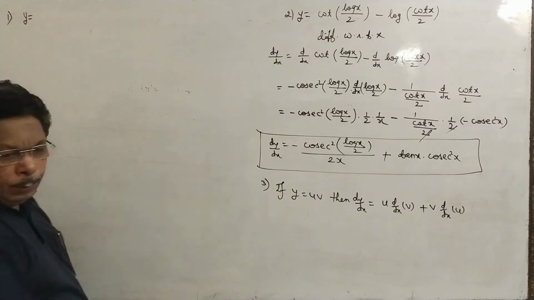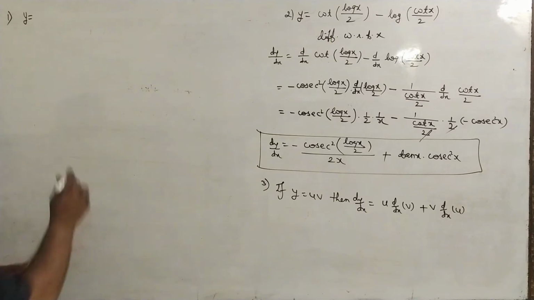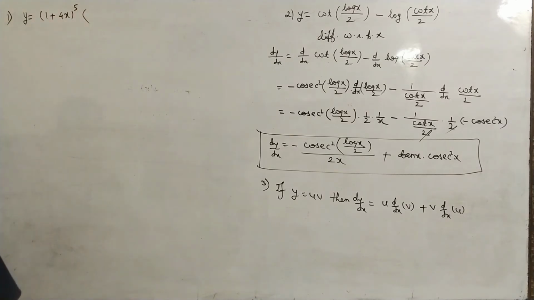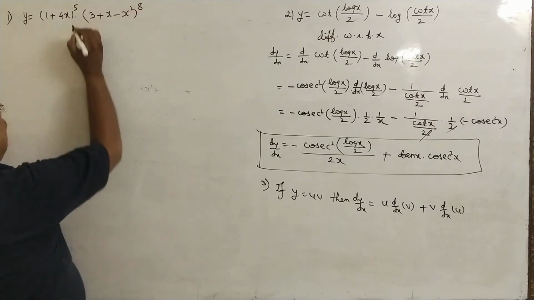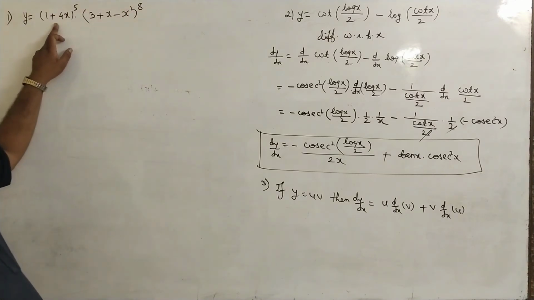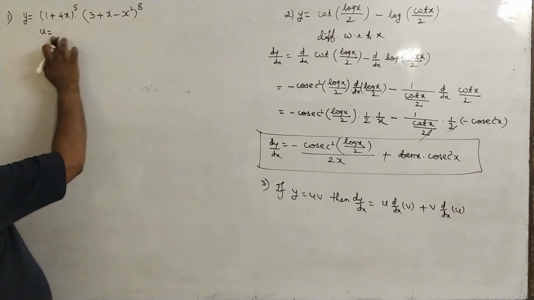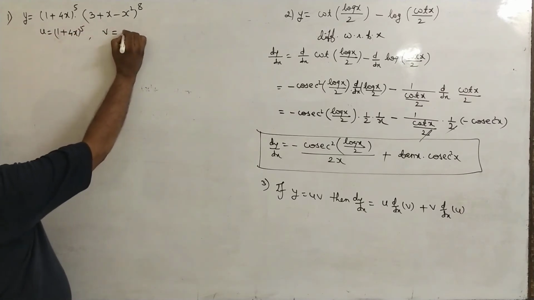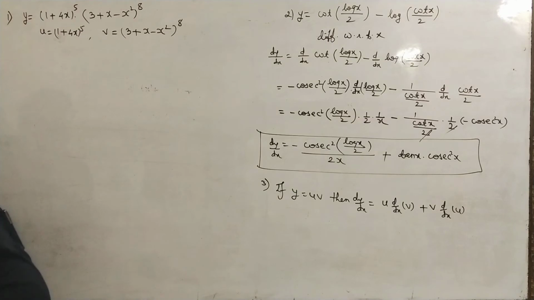y equal to 1 plus 4x raised to 5 into 3 plus x minus x square raised to 8. Now here, what is u? u equal to 1 plus 4x raised to 5. What is v? 3 plus x minus x square raised to 8. It means this function becomes